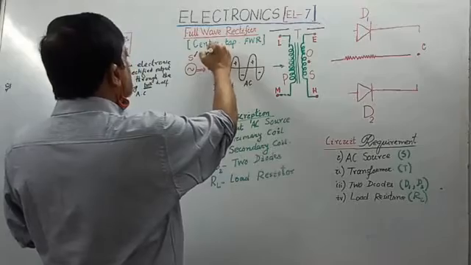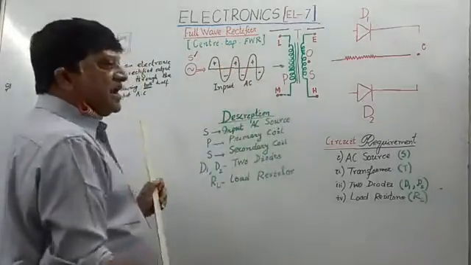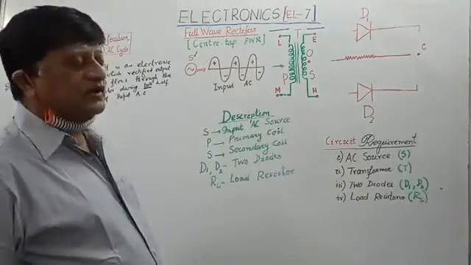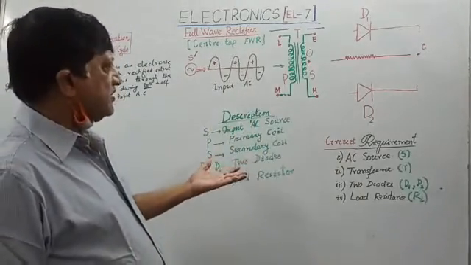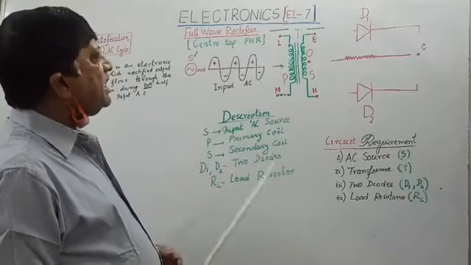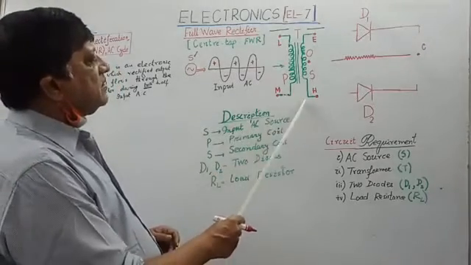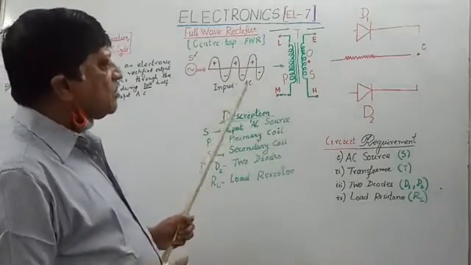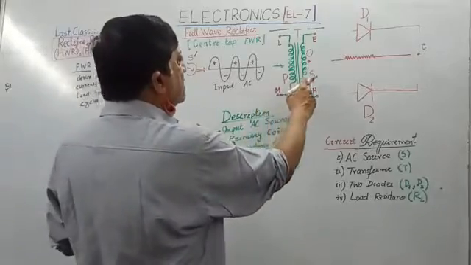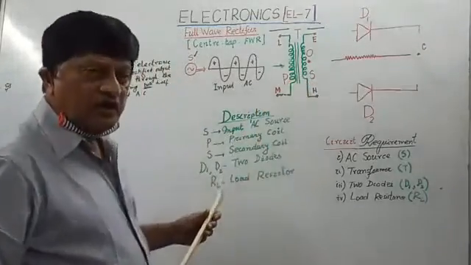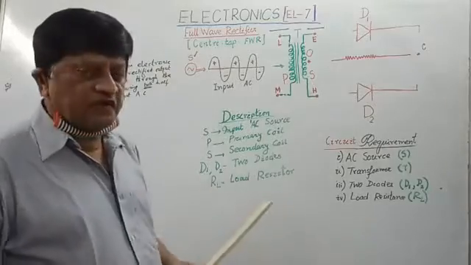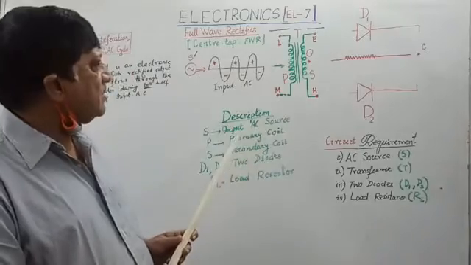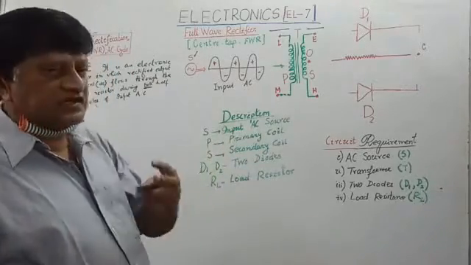This is the current. This is a graph between current along the y-axis and time along which axis? Time along the x-axis. Okay, and what is this one? This is T. T is transformer. It has got two coils. One is P and the other one is S. P means primary coil. Details about transformer will be taught to you in physics, and S is secondary coil. Okay, this transformer has got two coils.